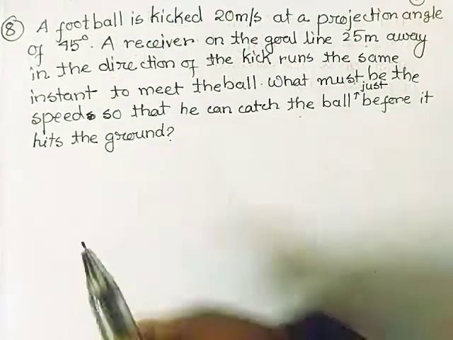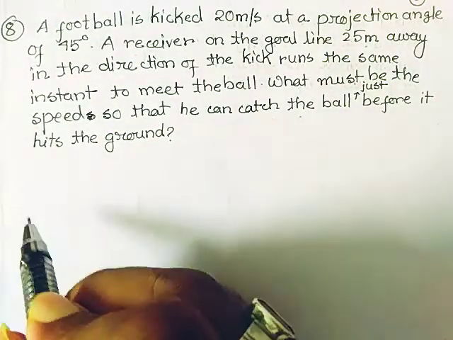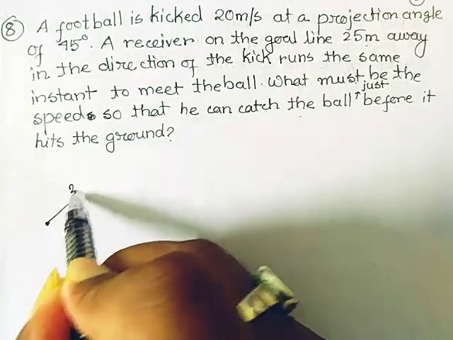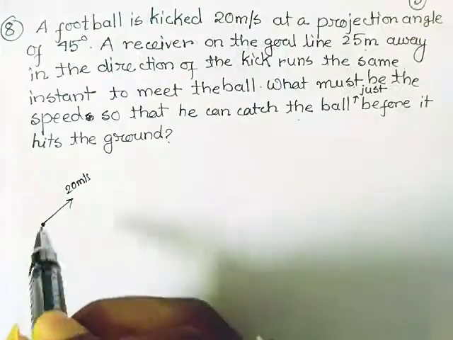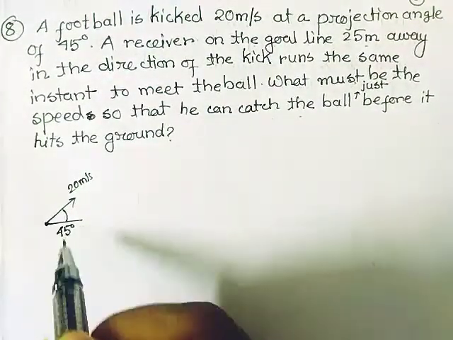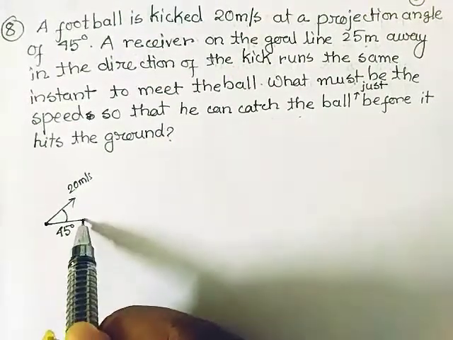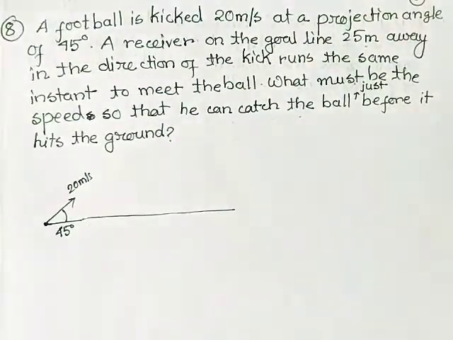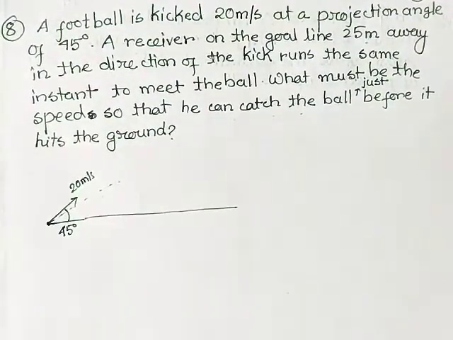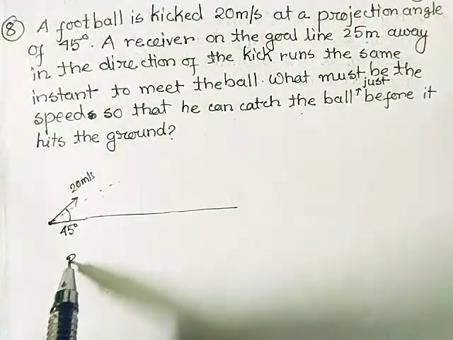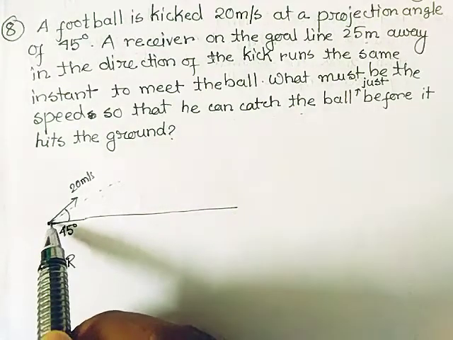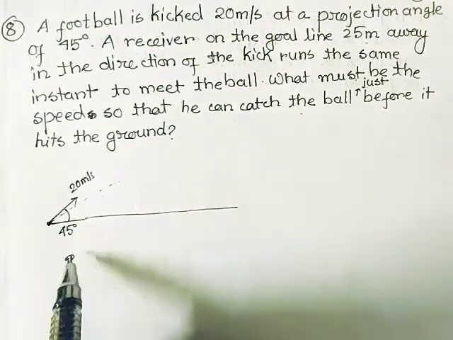Okay, so at first, if a ball is thrown with a velocity of 20 meter per second at an angle alpha of 45 degrees to the horizontal, we first calculate where it can reach. Obviously it follows projectile motion. So we are calculating the horizontal distance covered by it. Here the football is kicked. So what is the range?